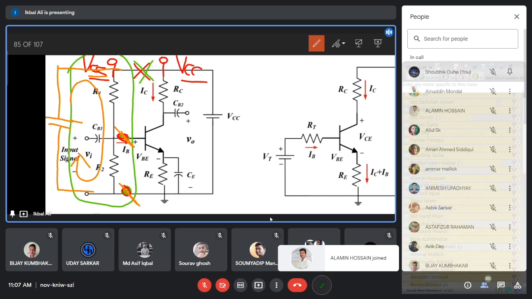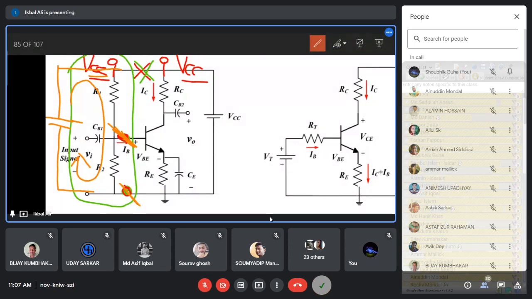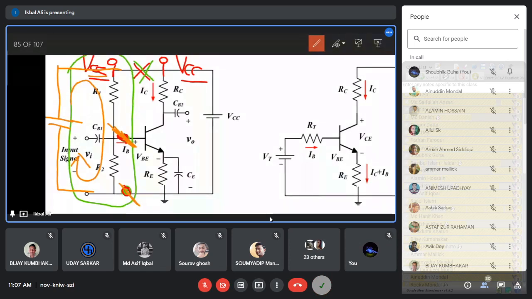Then what will be the potential drop? What is the potential here? It will be current multiplied by R2. That is, current is VCC by R1 plus R2 into the potential drop across R2. So the voltage drop between these 2 points is the potential drop across R2, that is, VCC by R1 plus R2 into R2. That is the open circuit voltage.